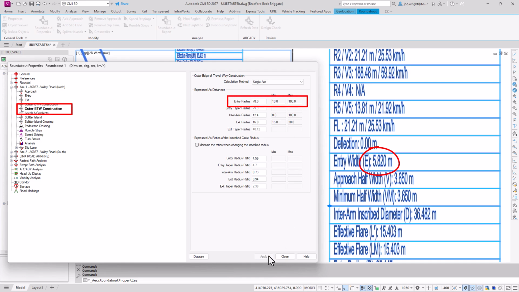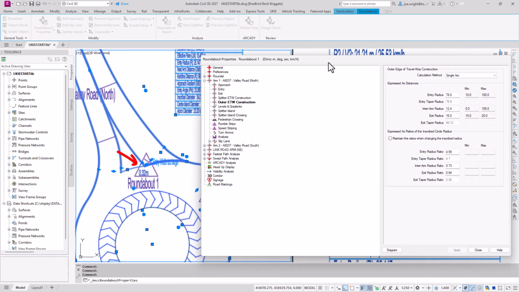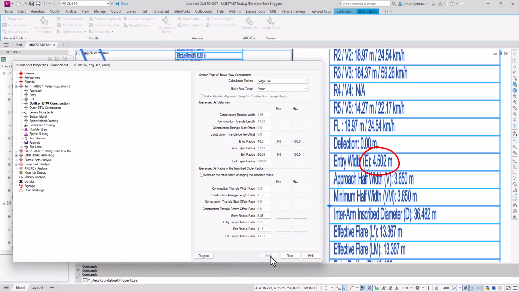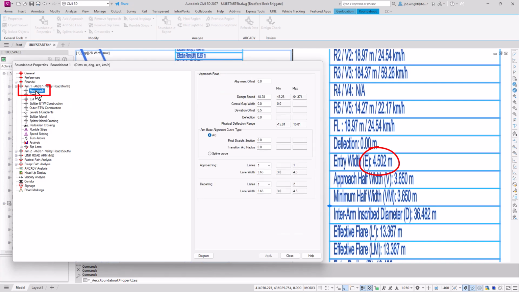Something silly? Yep, that obviously broke it. Maybe a nice round 15 will do it, and a splitter radius of say 40. Yeah, that'll do. Nearly spot on 4.5. Like I say, many variables affect this key driven dimension. The deflection of the approach is also an influence. Let's change that to 5 meters. Yay, spot on. Now, I've avoided showing you this next bit because I was keen to use the live model